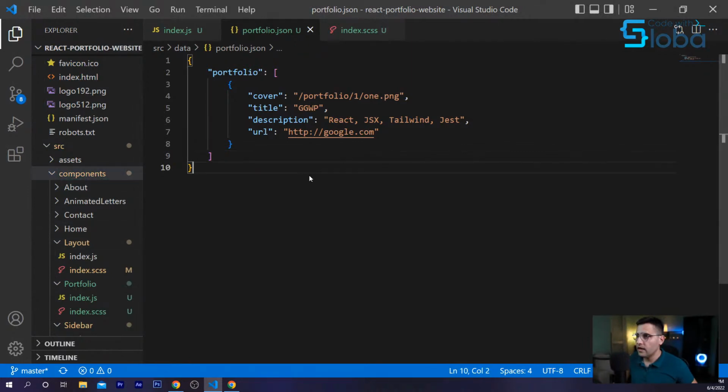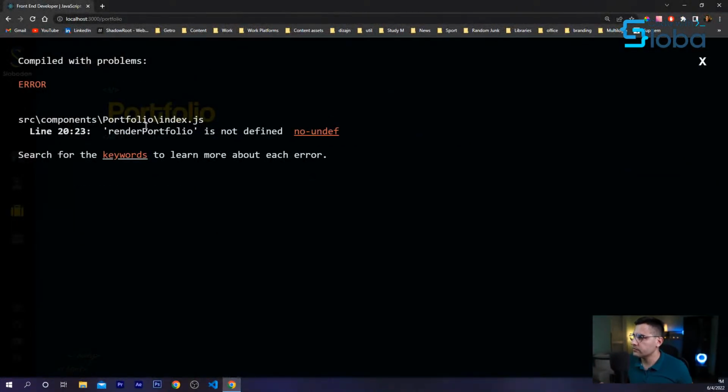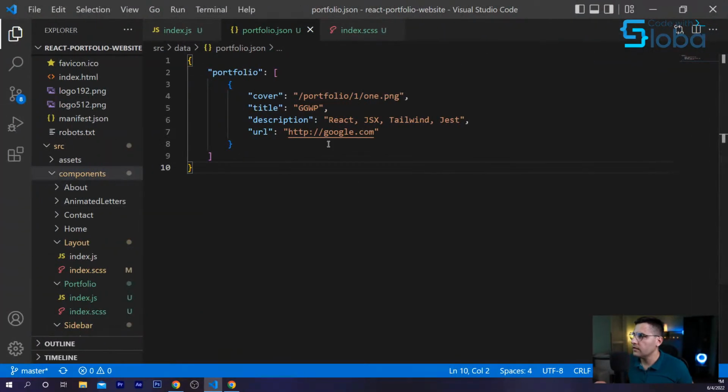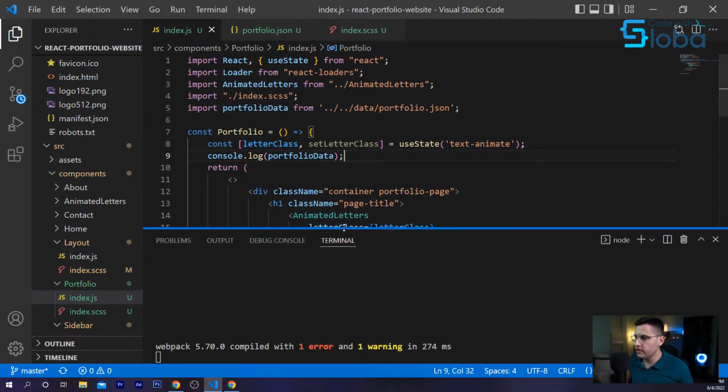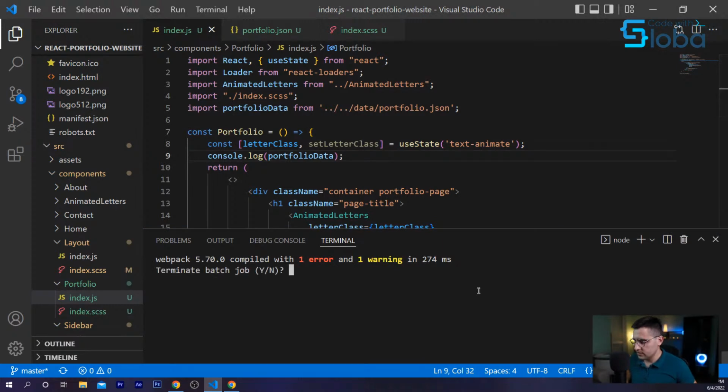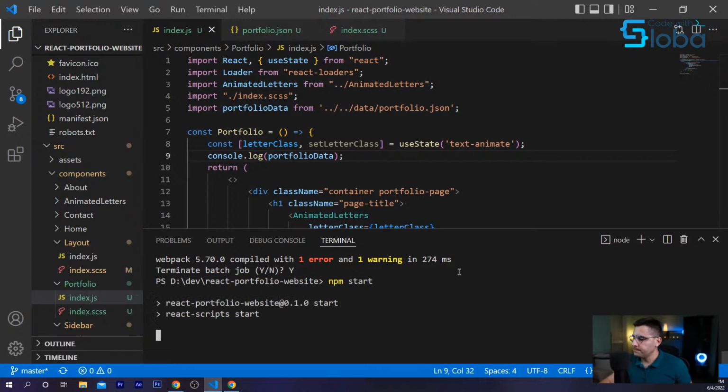Okay, now let me go. Okay, render portfolio is not defined. Line 20, let me just see what's that. Okay, import portfolio data. This is basically what we are importing. Let me just restart my server.